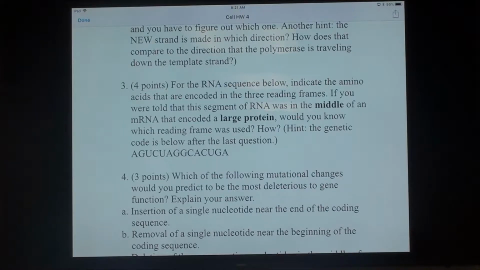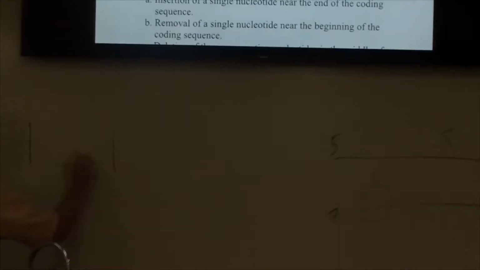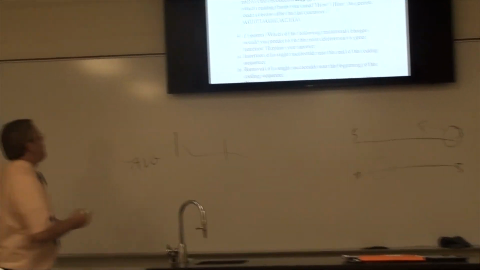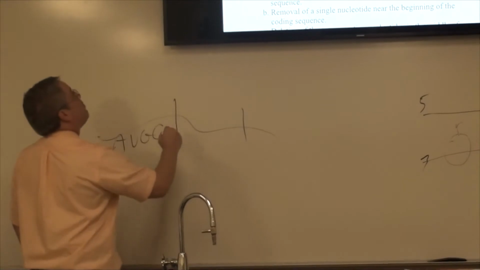Number 3. Some people asked in advance, and I gave them some hints on this one, and that was useful. You've got an RNA somewhere out here. There's a start codon, but you don't know where that is. All you can see is this much in the middle. So you need to translate 3 different frames. Let's just make up